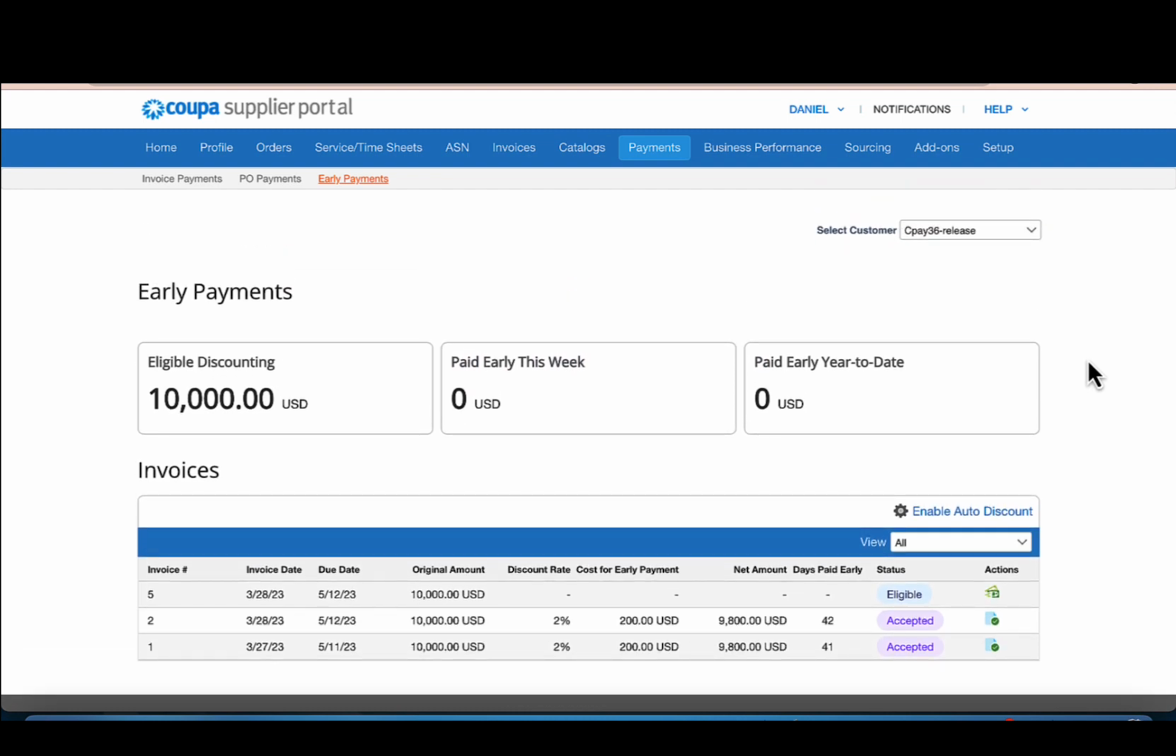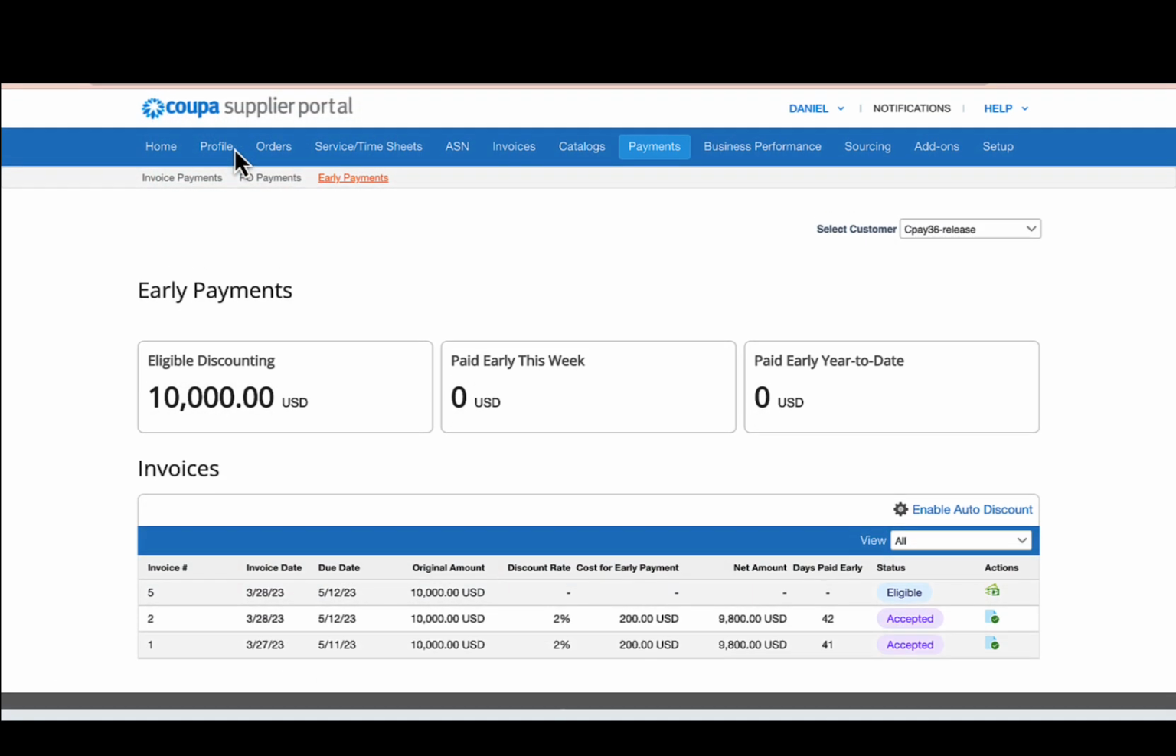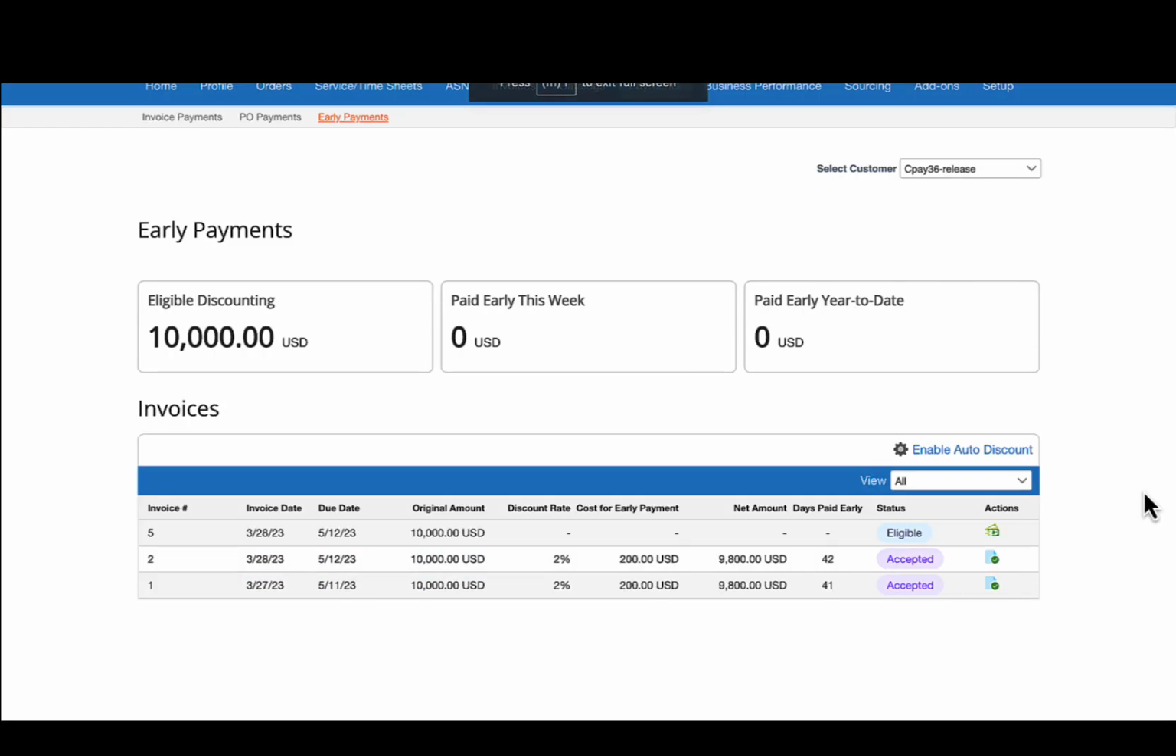So here you see that I'm now in the Coupa Supplier Portal. I'm on the early payments screen. And what I also have here is my accepted invoices that have been processed in the past. So I can get a history of what I've done in the past and what I've earned. As well,